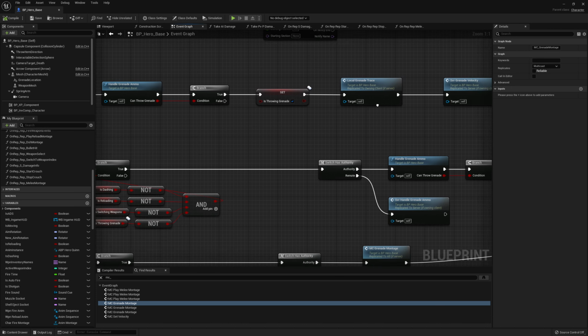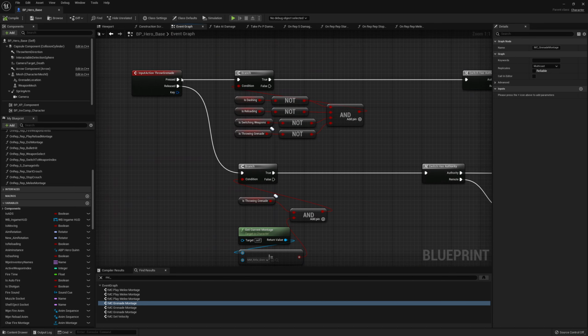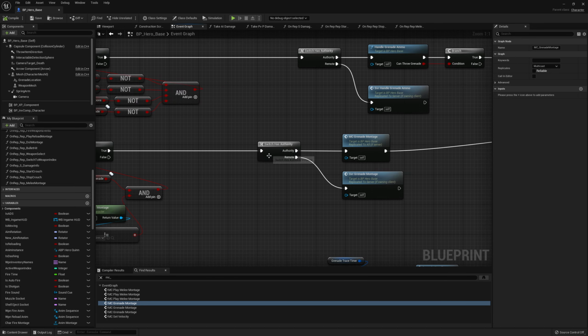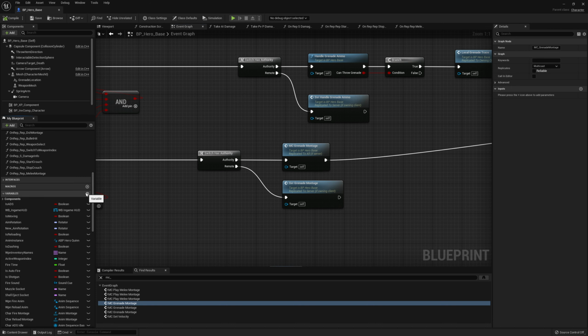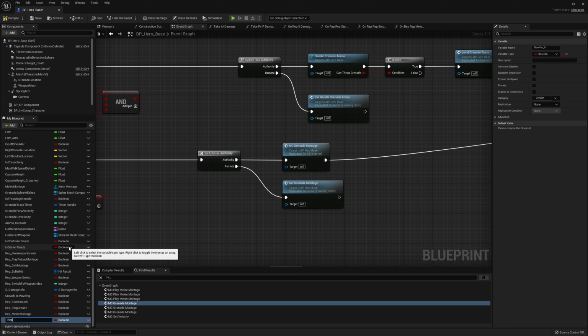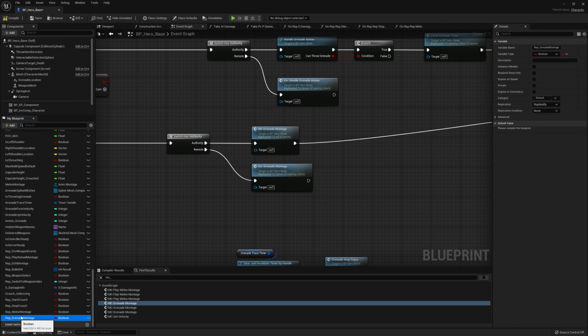So this one isn't too special either. If we move down a little, on the released pin over here, we have a switch authority. And this is where we actually play the montages. So we can simply grab a boolean again and make sure this will trigger the montage with a notify. So let's create a new boolean again, and this is going to be a rep grenade montage. So let's get rid of the little plus sign over here. There we go. So this is going to be a rep notify variable,